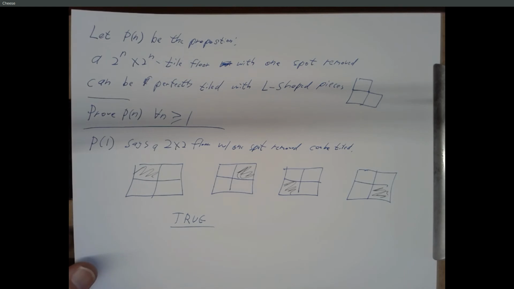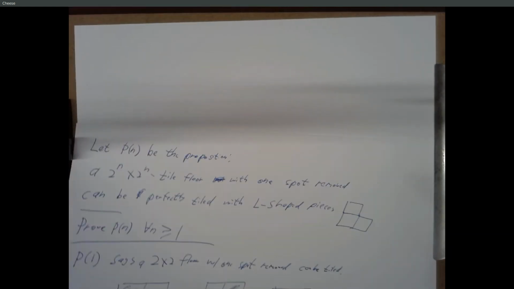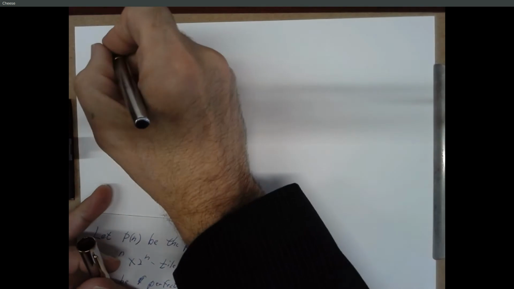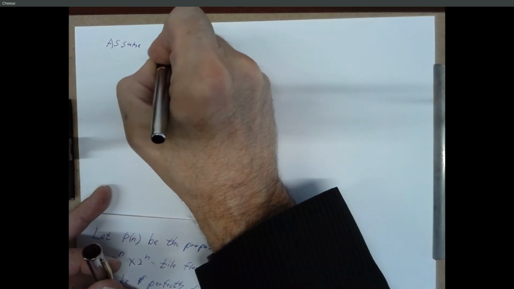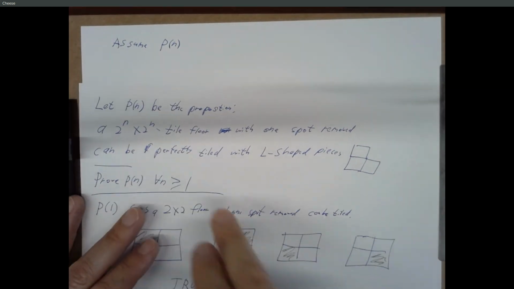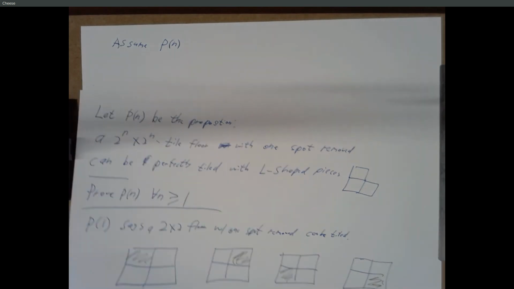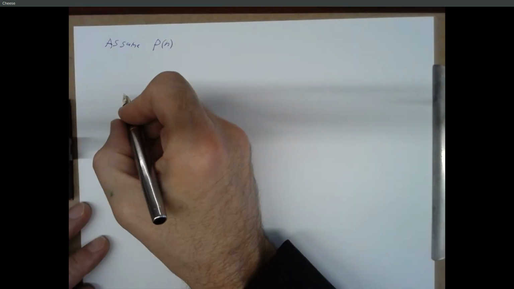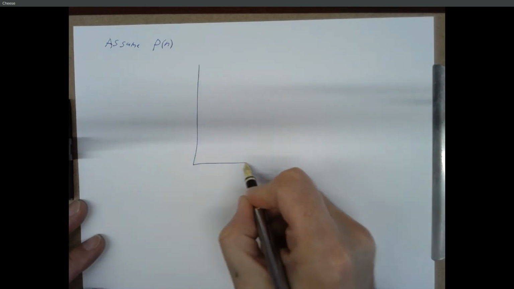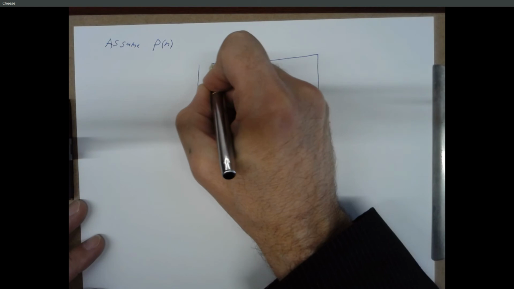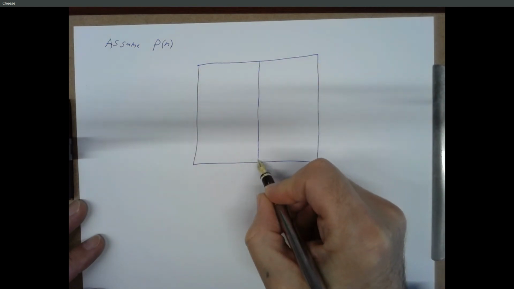Right, the trickier part is the general case. So let's assume P of n. So if we're assuming P of n, that means a 2^n by 2^n tile floor, with one spot removed, can be tiled. Okay, so let's make a 2^(n+1) by 2^(n+1) tile floor. And we don't know what n is. But whatever this floor is,